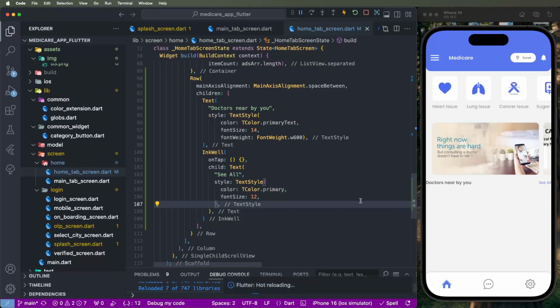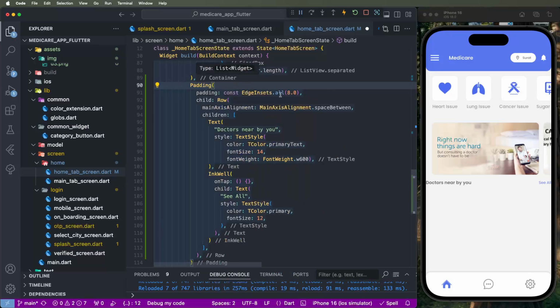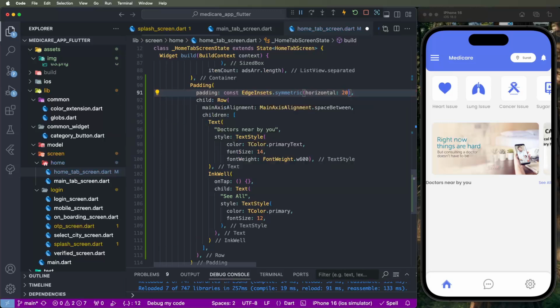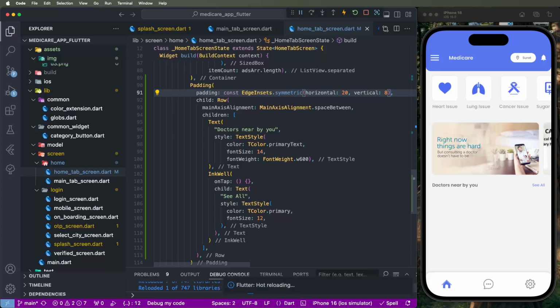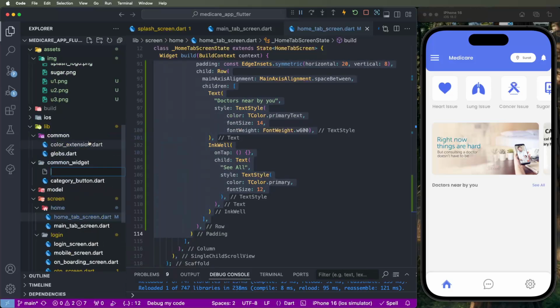That's how it looks when shown. We also need to configure the paddings, so we set symmetric horizontal to 20 and vertical to 8. This configures the UI. Now we need to convert this UI into common widgets. We need to copy this and write down the common widgets. Inside, create